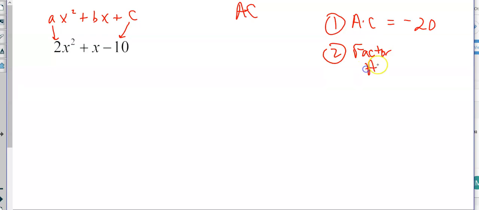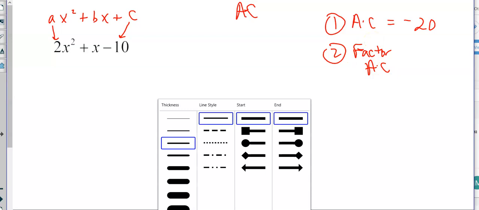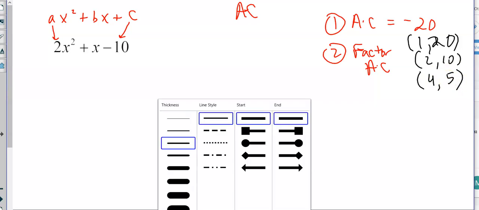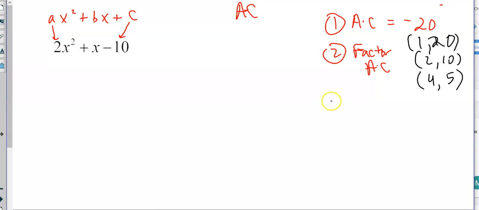a times c. So let's factor that a bunch of different ways if we can. So let's see, factoring negative 20. So 1 and 10, or 1 and 20, whoops. 2 and 10. 3 doesn't go into 20, but 4 does. 4 and 5, I think I'm done. Okay, so now we want to find the factors. So this third step, find the factors